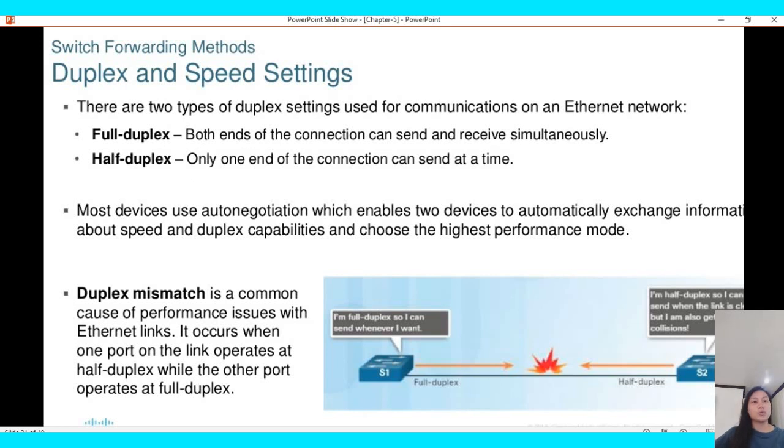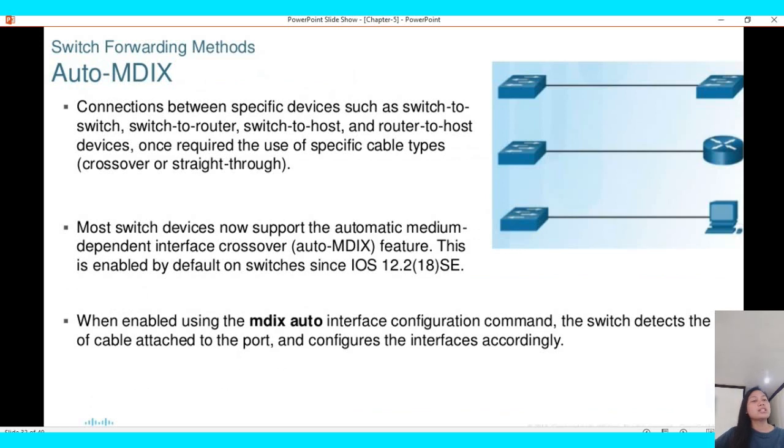Memory buffering on switches. An Ethernet switch may use a memory buffering technique to store frames before forwarding them. Buffering may also be used when the destination port is busy due to congestion, and the switch stores the frame until it can be transmitted. There are two types of memory buffering techniques: